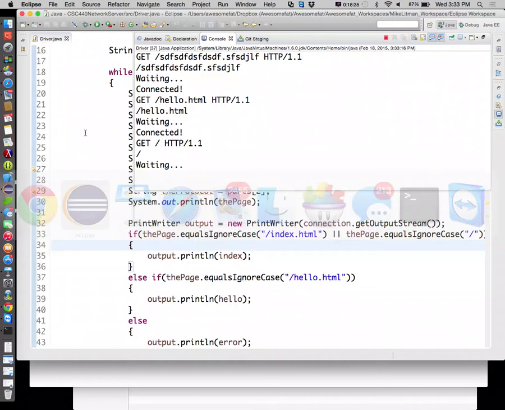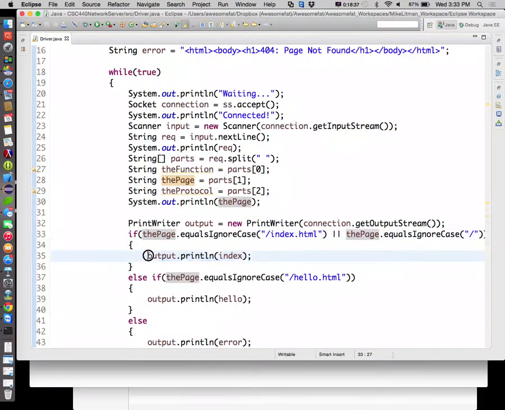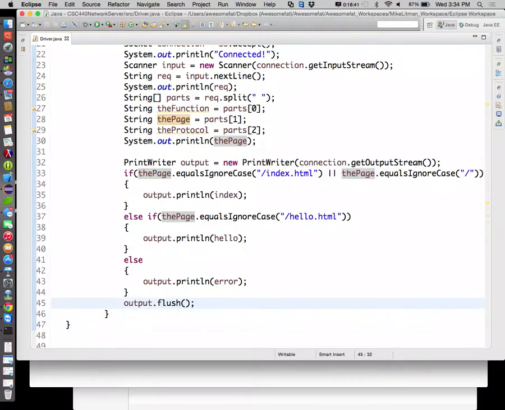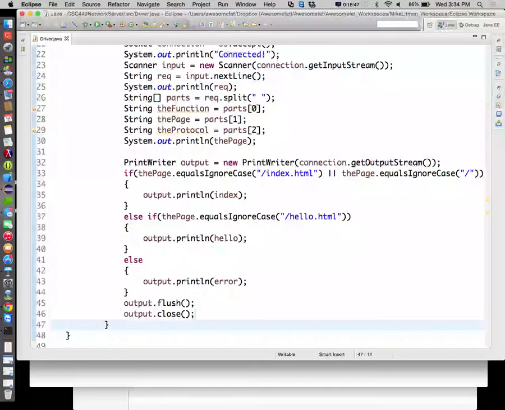All we've done is spit out some text, and then we flushed it. What we really need to do is say output.close at the end to actually shut that communication channel. The server comes in with a request, we receive the request, respond to it, then we hang up the telephone. At this point we weren't hanging up the telephone. Now we are. So now if I run this,